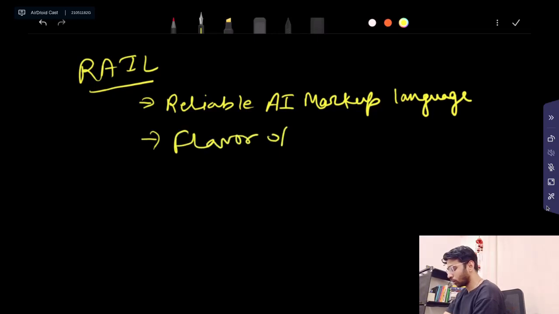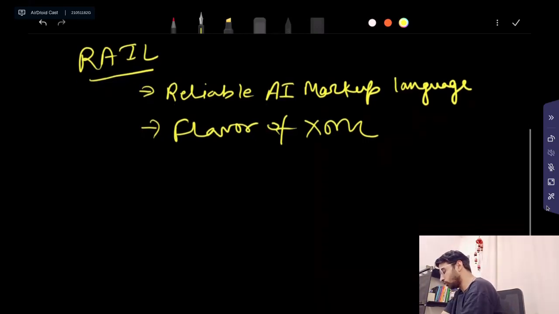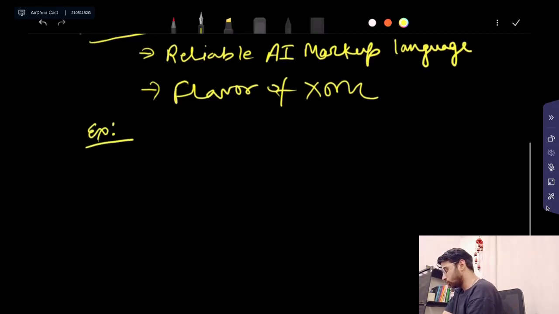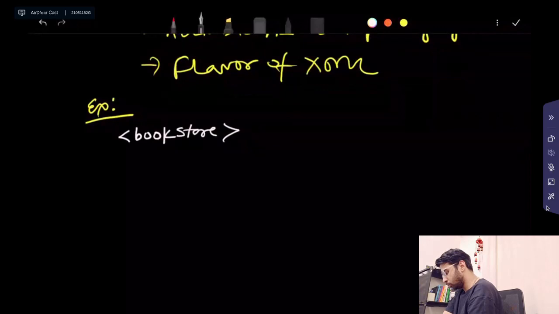Let me define a simple structure to help you understand, just an example. I'll have something like a book. Let's have a bookstore, very simple, and I'll just end this bookstore.